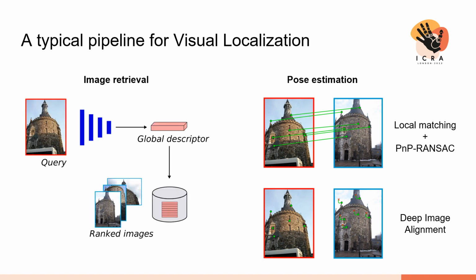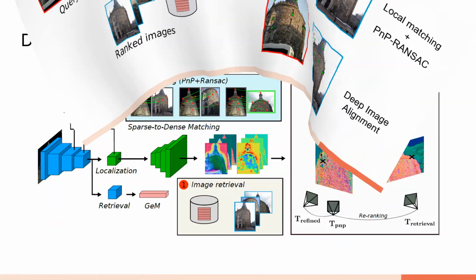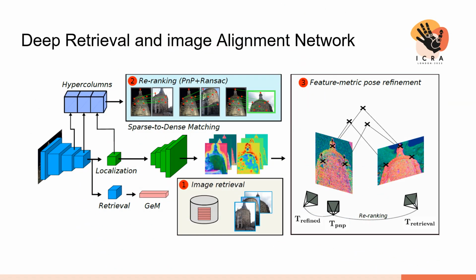All these methods use multiple networks to solve closely related problems. We believe that it can be solved by a single network. For this purpose, we propose DRAN, a single network able to extract all the features needed in visual localization. DRAN is composed of a U-Net architecture and uses features from intermediate layers to solve the three tasks of visual localization.